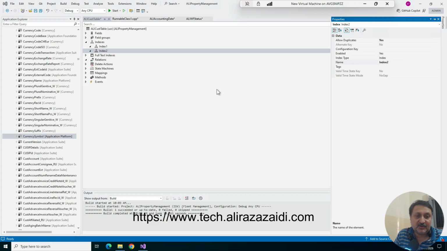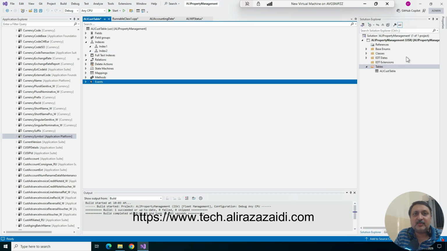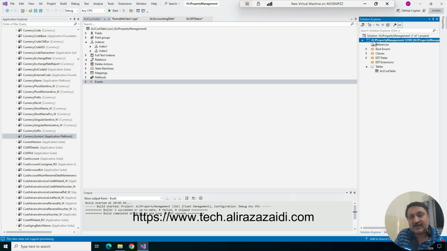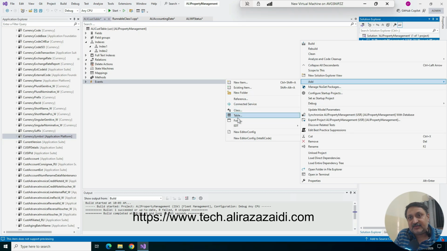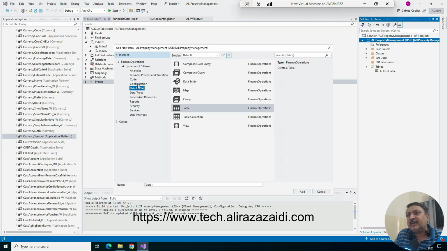In the last video, I created a new project and added some elements there. So I'm going to create a new table. For this, right click on your project and then add. Here there is tables, or you can directly click on tables, or you can create a new item. I click on new item, and in data models there are tables. So I am going to create my modules extension and event table, just for example. When I click on add,